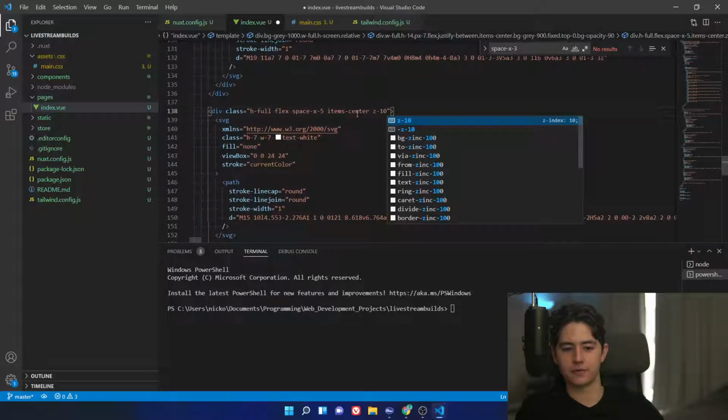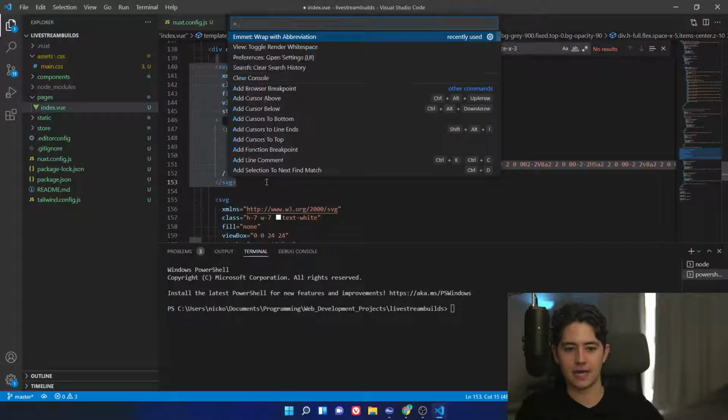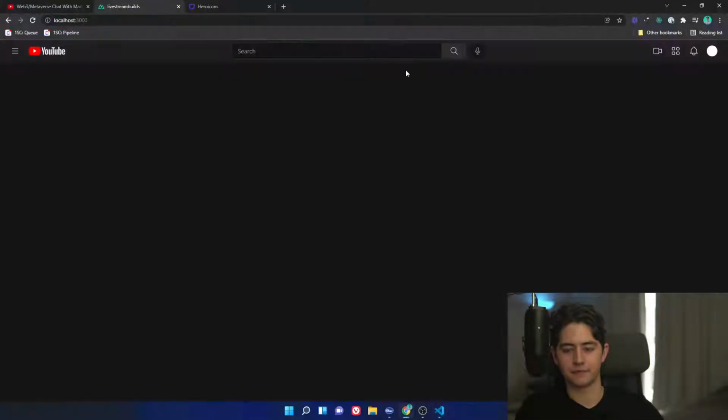Okay, let me try going Z10 on there and then wrapping this in an A tag and then doing that. And let me see if that will actually fix things. Yeah, that will fix things. Good Lord, I feel silly. However, that does not detract from the fact that we actually did need that button, and we also need to